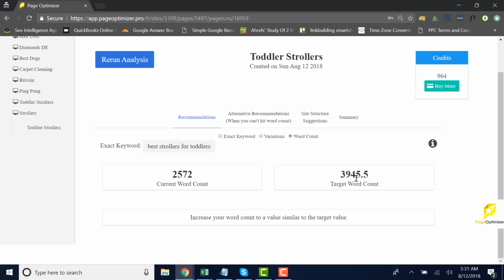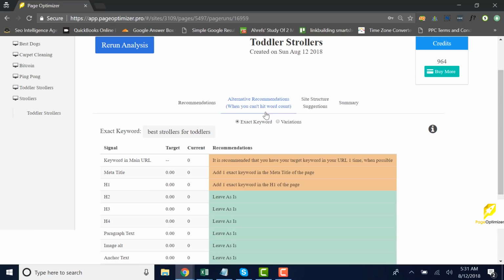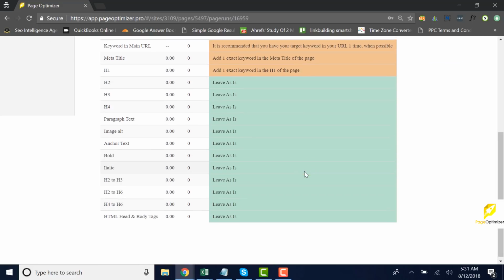When you are stuck, you simply cannot get to this particular word count, and perhaps you've tried, like, okay, so you've decided I'm 1,400 down here, I'm still just going to go with the regular recommendations, and you're not getting the movement that you're expecting, that's when you can go to the alternative recommendations. This tab is going to make recommendations based solely on your word count relative to the competitor average. So it's going to adjust